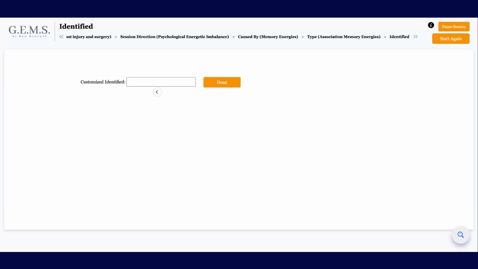Okay. So we are going to address that. And what I'm doing, I actually have just a little cheat sheet where I have my corrections. All right, so we're going to identify a little bit more about this memory energy and the association. So what I'm going to do first is let him know the association is between